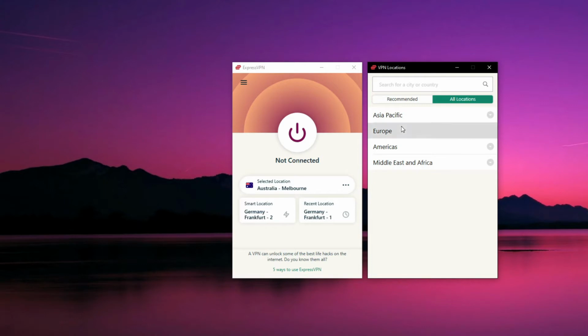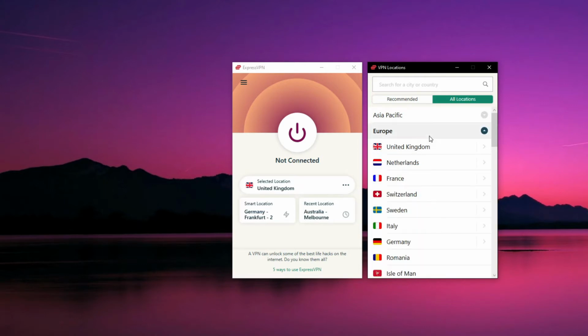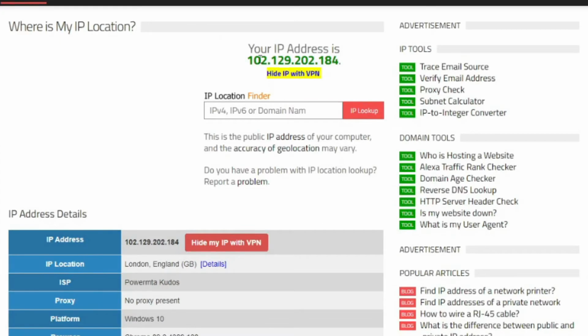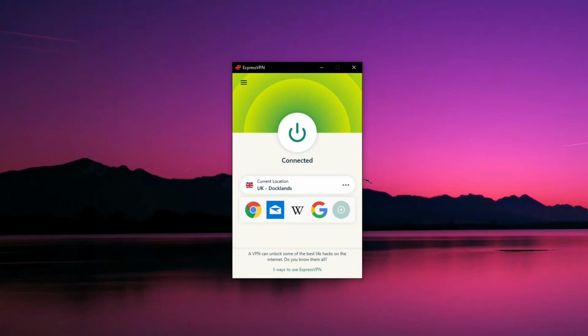For example, let's click on Europe and try to connect to a server in the UK. To do so, you can double click on this country, or you can click once on it and then click once on the connection button to establish a connection. After a few seconds, the connection is established, and now I have a UK IP address which will make any website I try to visit believe that I'm located in this country. Here's the proof that I really have an IP address from the United Kingdom directly from the website called iplocation.net. To disconnect from the VPN server, all you have to do is click once on this connection button, and now I'm back to my true IP address, which I can't show for obvious reasons.